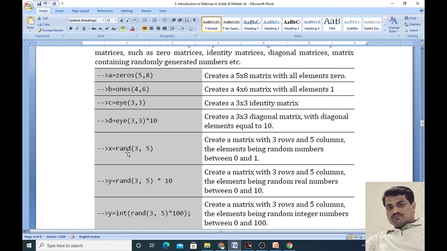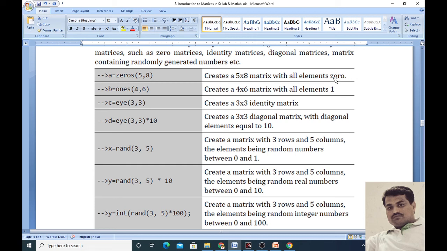Now let's see some functions which are associated with matrices. Here A is equal to zeros of 5, 8. Its meaning is to create a 5 by 8 matrix with all elements 0.